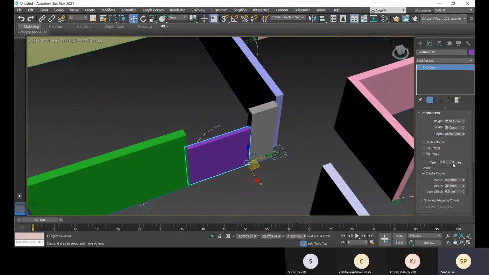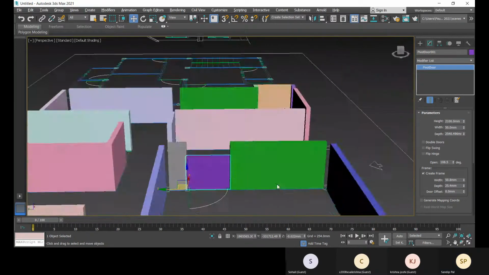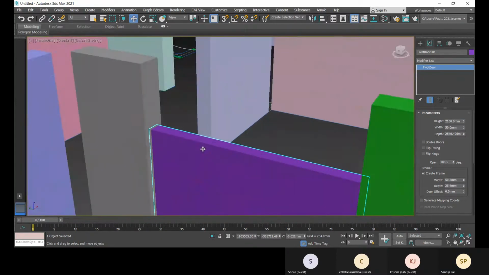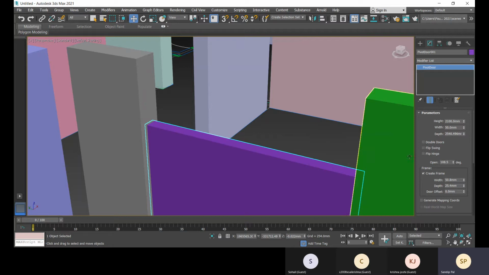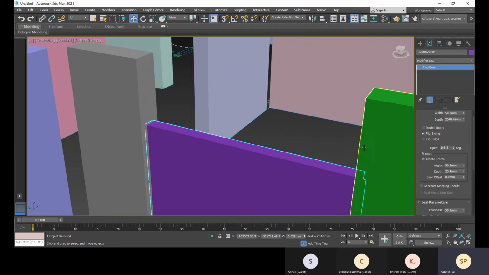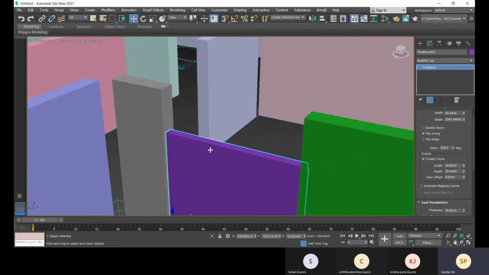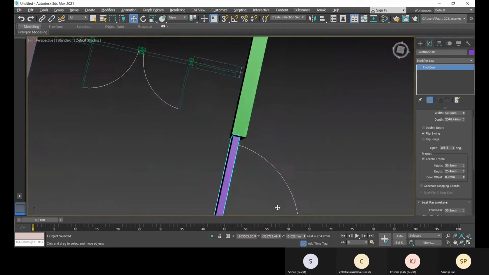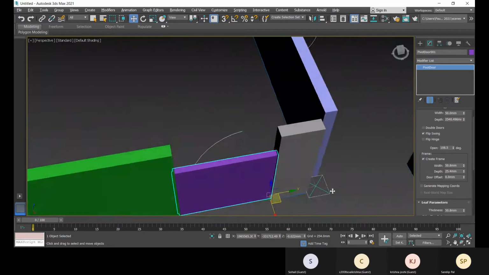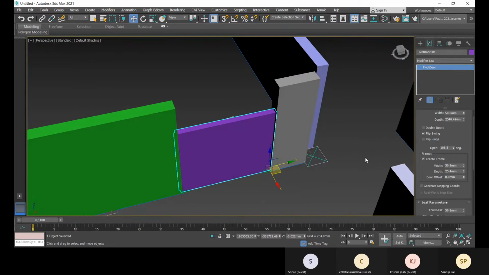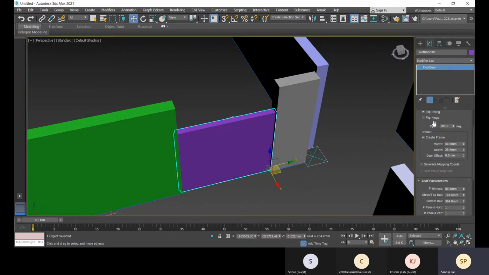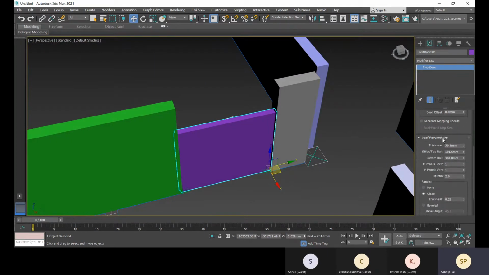And here you can open it. There's the opening. It is open.